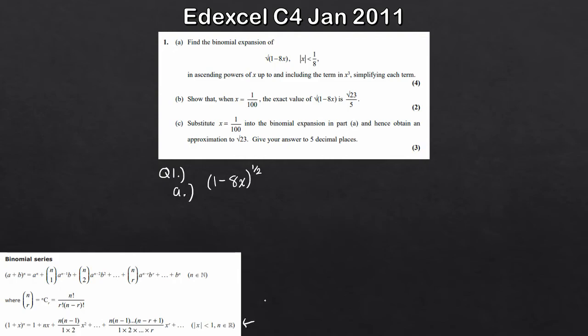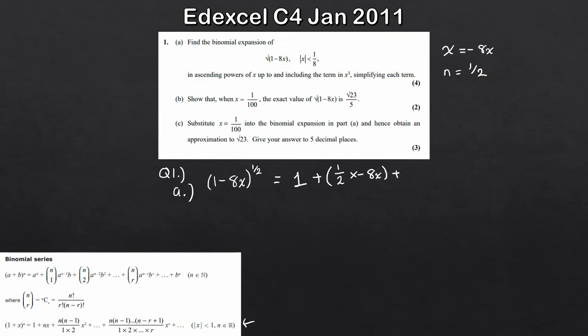Now because we're using the bottom formula here, let's just write down what x and n are. So x, and just double check whether it's in the right form. Now this one is quite nice because it's already in the required form. It's 1, okay? 1 here, so we can start working straight away. So x is minus 8x, my n is a half. So this is going to be quite a nice one because we can start using the expansion straight away. So the first term is always 1, plus n times x, so a half, times minus 8x,